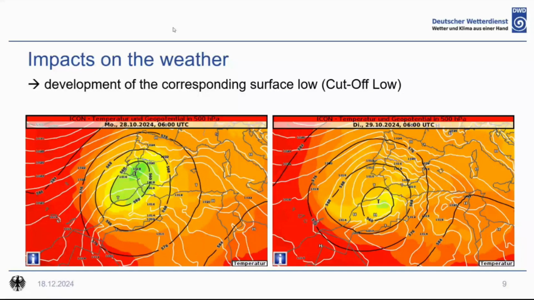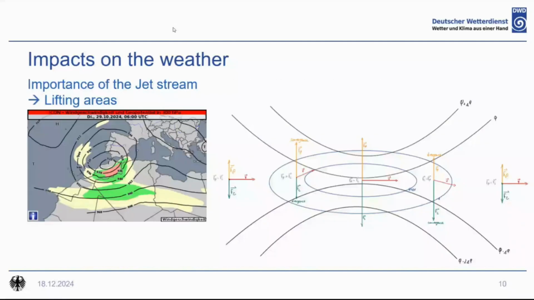And now Saskia will continue with the importance of the jet stream. Yes, as Melissa already mentioned, I would like to tell you something about the importance of the jet stream and